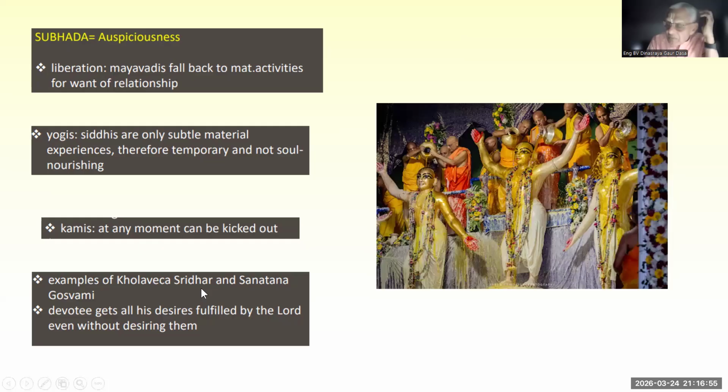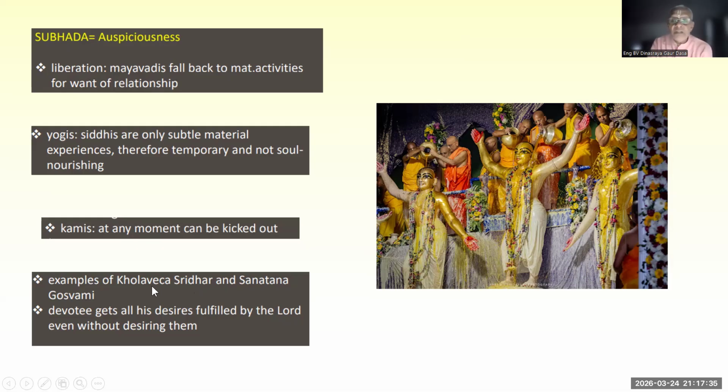Kola Vecha Sridhar, Sridhar Pandit, one of the Panch Tattva associates. He is a Brahmin, in fact. And as a Brahmin, he used to sell the plant leaves of banana. These banana leaves can be converted into cups and plates. So flowers, fruits, and all these things used to be sold by Kola Becha. Kola Becha means a person who sells kola or covers, so plantain leaves or banana leaves were sold by Kola Becha Sridhar.